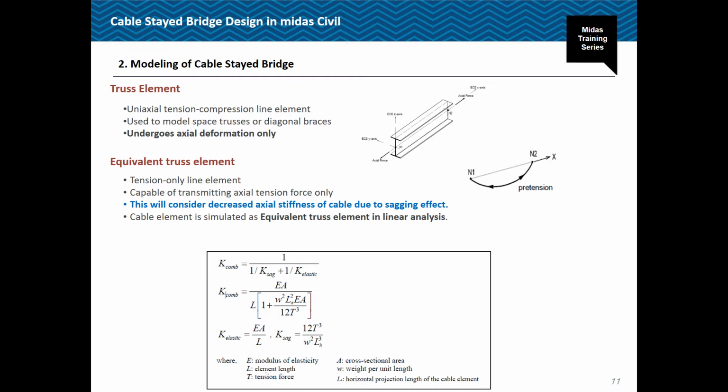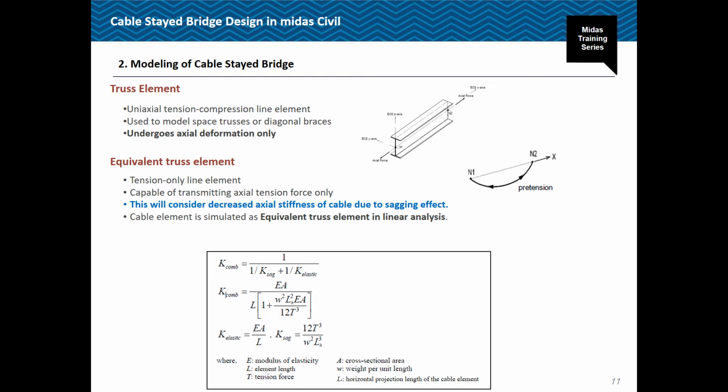When it comes to modeling a cable stayed bridge, a lot of attention must be paid to the elements which are selected. So let's just go through the different types of elements which software can handle, highlighting what the differences are and what we should expect if we use one element more than another. So truss element is widely used for modeling cables,